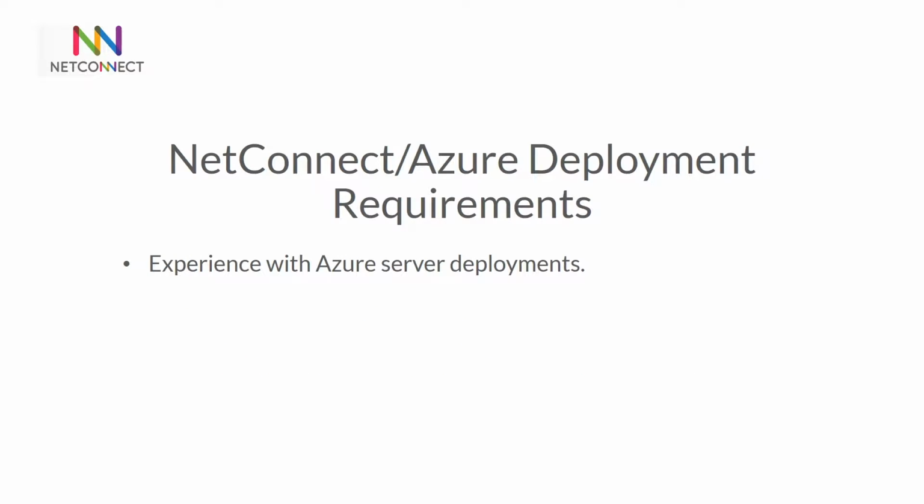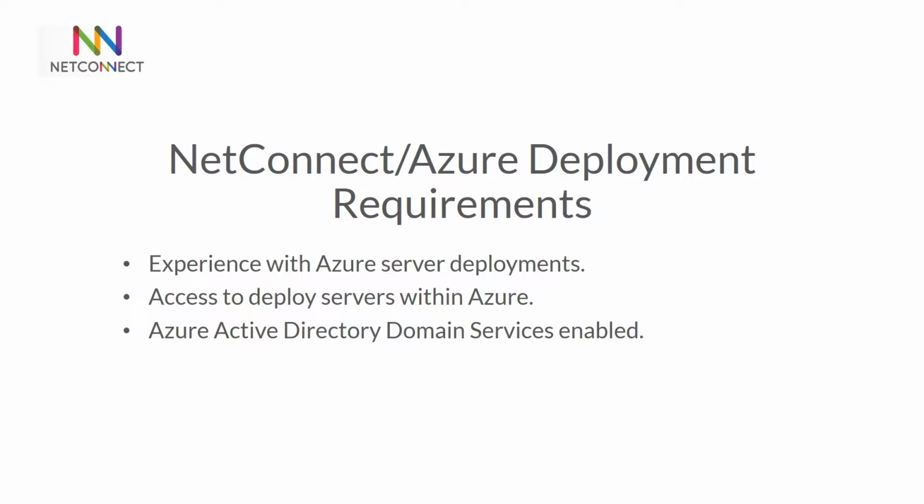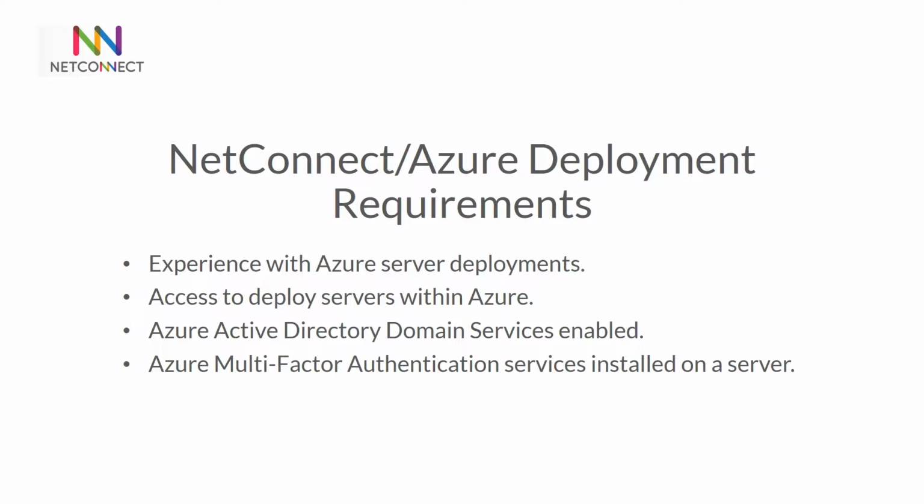This video assumes you have a good working knowledge of Azure, are comfortable navigating the Azure portal, and have all the relevant access to your Azure environment. Additionally, you'll need to have Azure Active Directory domain services enabled on your subscription in order to link NetConnect to your Azure AD, as well as a multi-factor authentication service if you wish to integrate Azure's MFA with your NetConnect